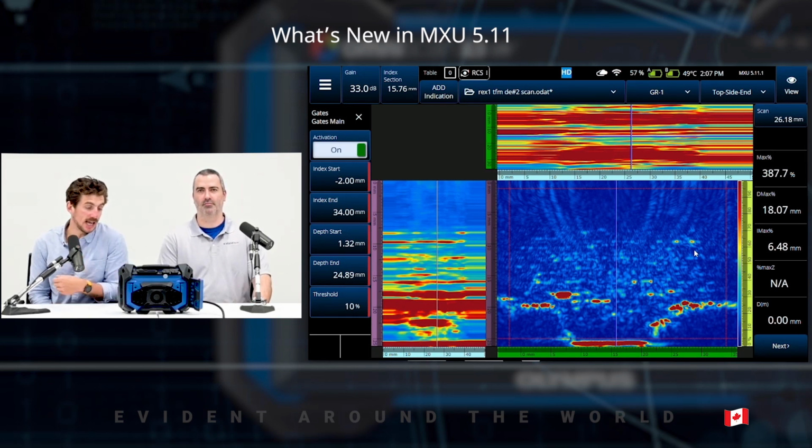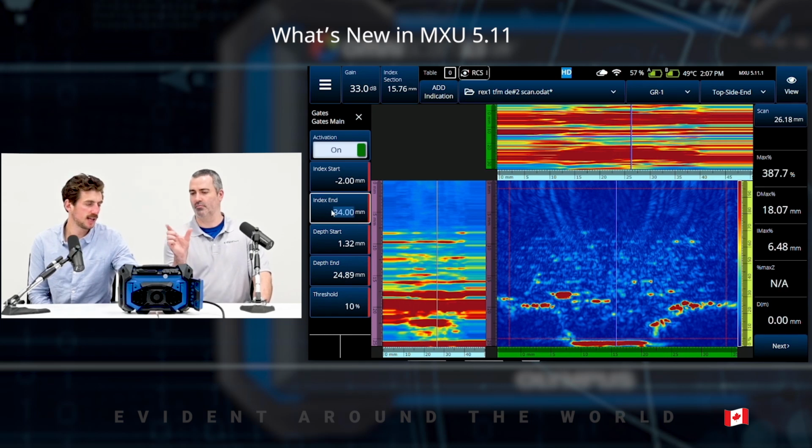We can see the gate A in my end view with the red dotted lines, and we have a control for both the index position start and end and the depth position start and end because we're making a box gate for these volumetric views. The index position start and end is going to change what I see in my side view.